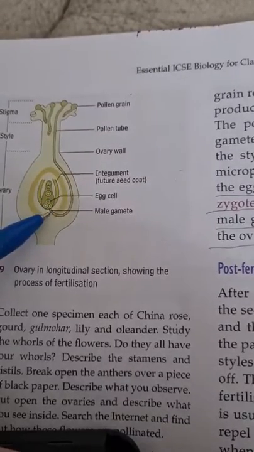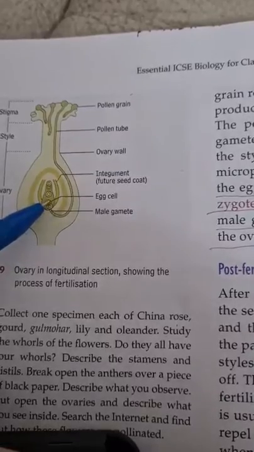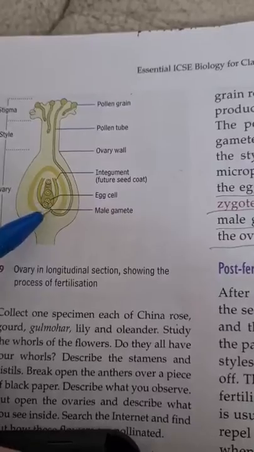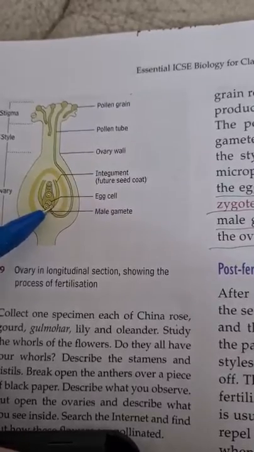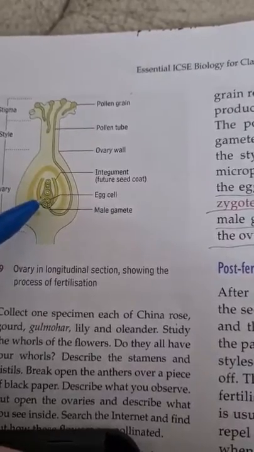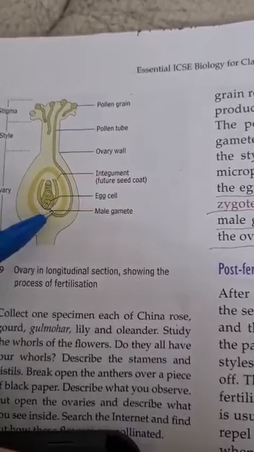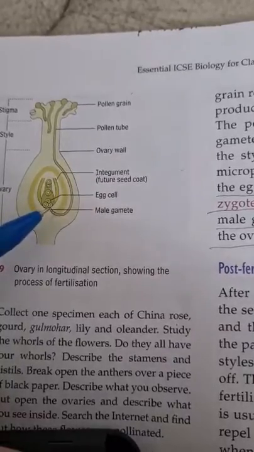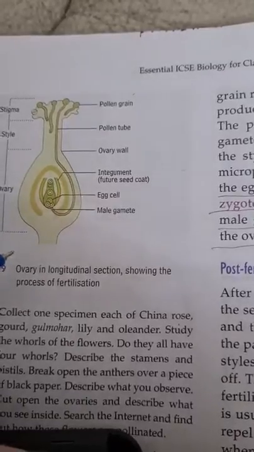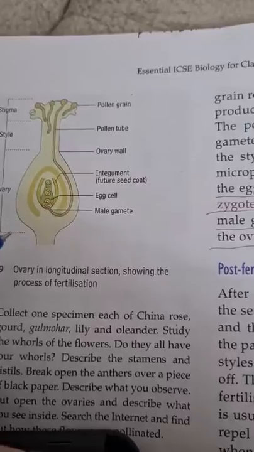Out of these two male nuclei, one gets fused with the egg cell present inside the ovule to give rise to zygote, and this process where the male nucleus gets fused with the egg cell inside the ovule to form zygote is called fertilization. The other male nucleus fuses with other cells within the ovule to form endosperm, which stores food